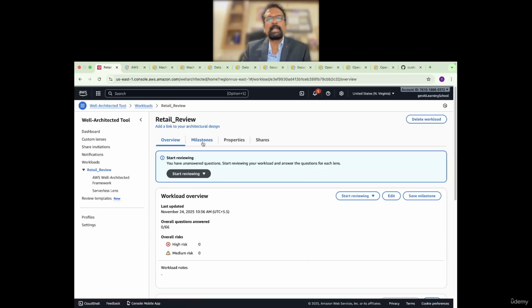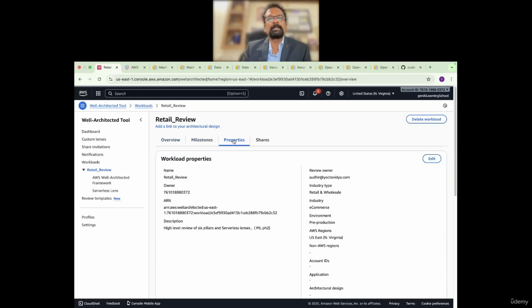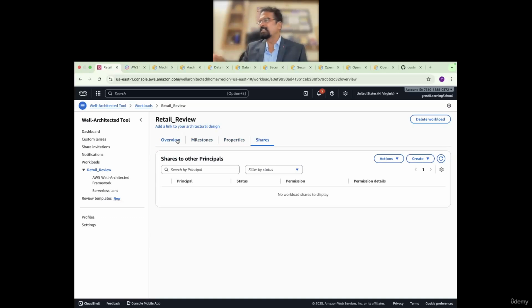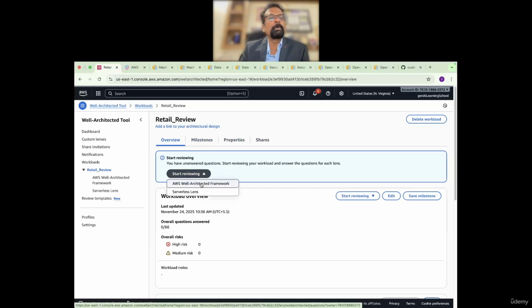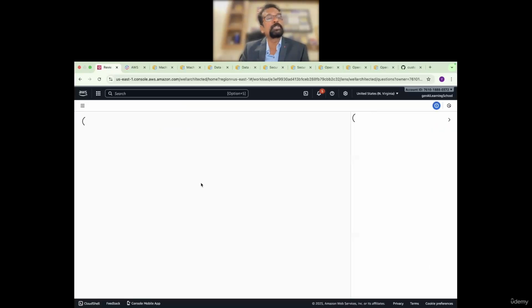Second is the milestones, like what are you doing step by step. Properties, which, if you want, you can implement. Some shares, you can do it. Suppose you're working with 3 or 4 people, you can also share that. Look, one very important thing is once you tell it to start reviewing, it will produce all the questions, which is